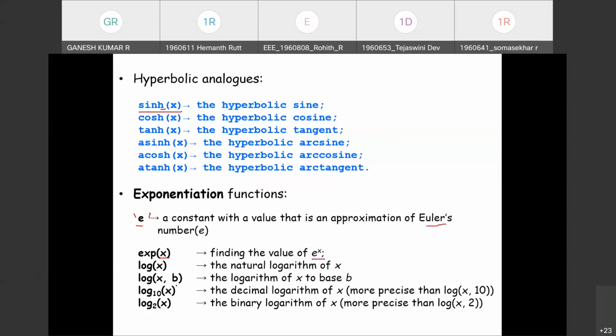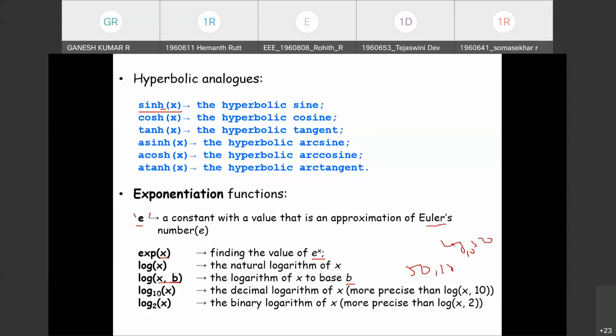If it is base 10 or 2, then it takes two arguments, x comma b, two variables, where x is the value whose log is taken and b represents the base value. If it is 50 comma 10, then it is log 50 base 10. The first variable represents the number, and the second entity represents the base b.